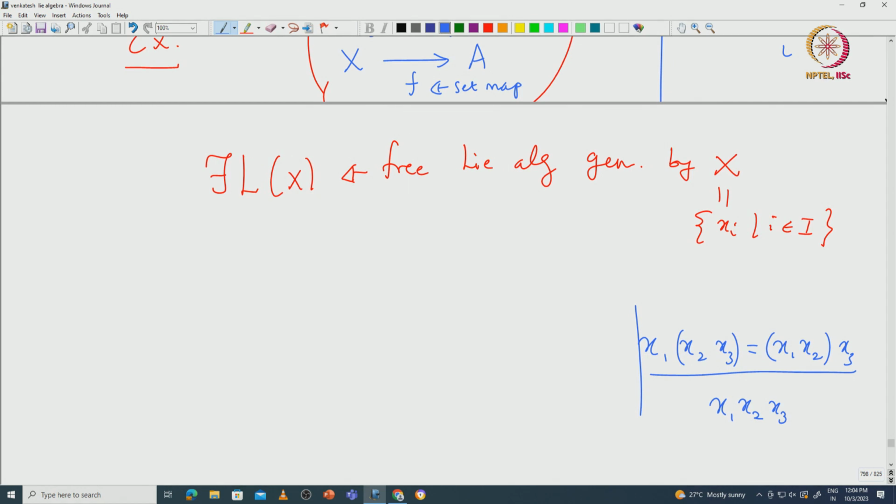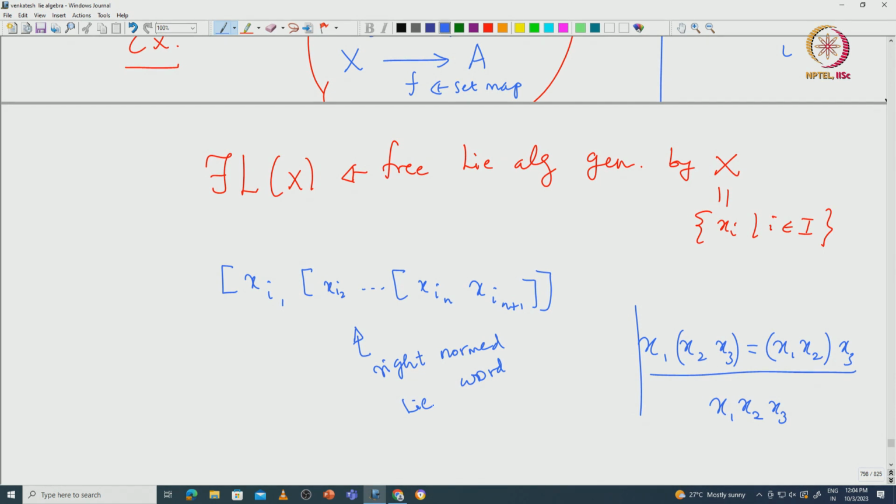But when we go to a Lie algebra, it is not associative anymore. It is a highly non-commutative, non-associative algebra. So the order in which you take the product matters. If you change the order, the elements might change. That is why it is important to keep track of which order you are taking the product. For example, a typical monomial might look like this. This is called a right normed Lie word.